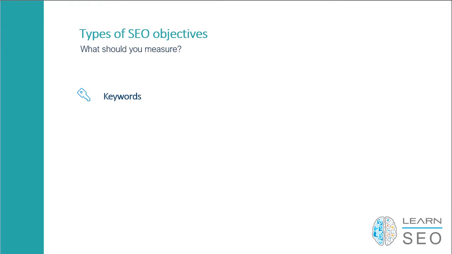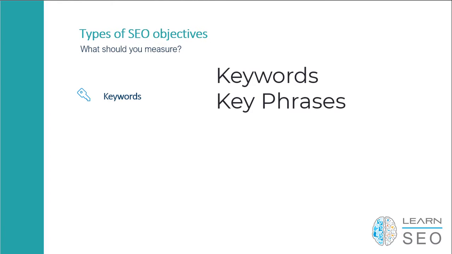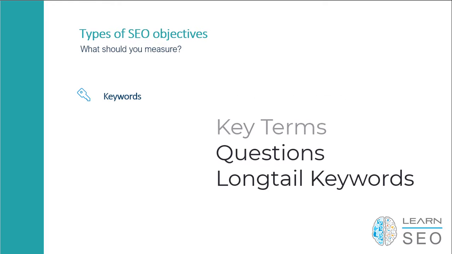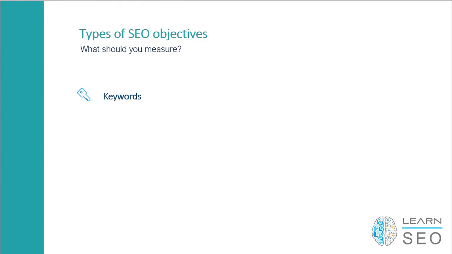Now, we use the word keywords very loosely today because SEO, as you'll see as we dig deeper into the program, is not essentially just about using keywords. Today, it's more about keyword phrases. It's more about keyword terms. It's also looking at questions. It's a whole series of things. And you'll see that we start to look at long tail and medium tail keywords as well, because SEO is so competitive that in order for us to be relevant and to rank, we need to use much broader terms than just a single word or two.